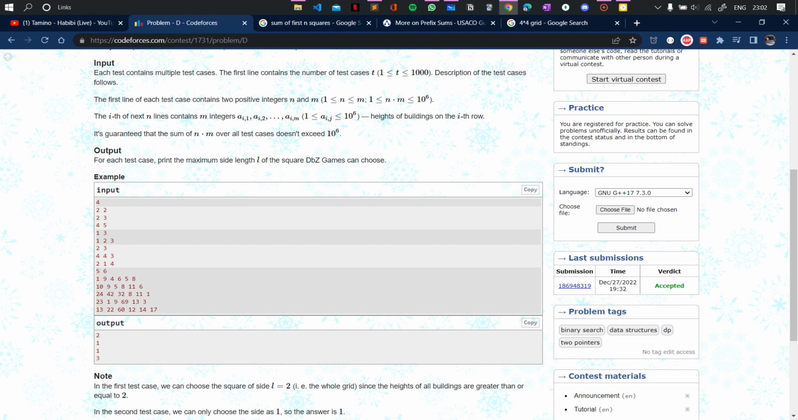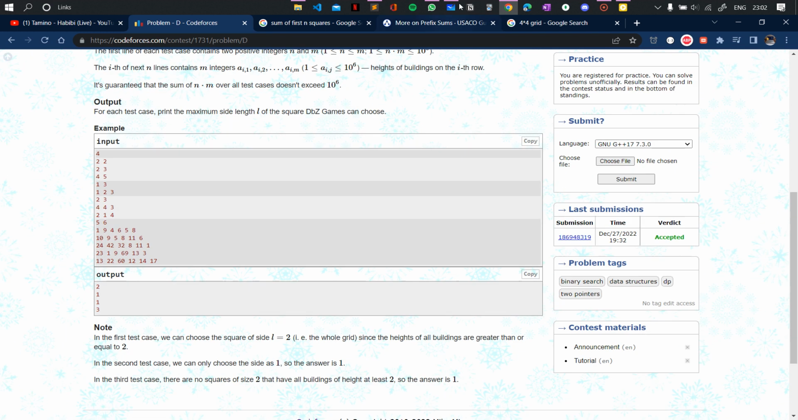And our lowest size would be 1. So we can start our binary search from L equal to 1 to L equal to 5 for this test case. Now the thing we need to focus on is how can we find out that we have